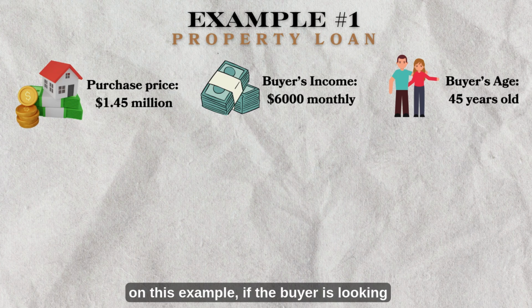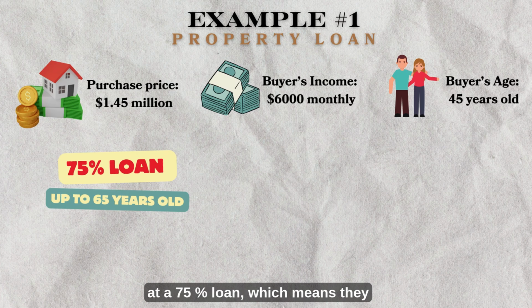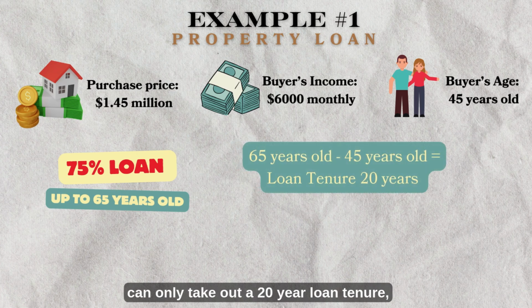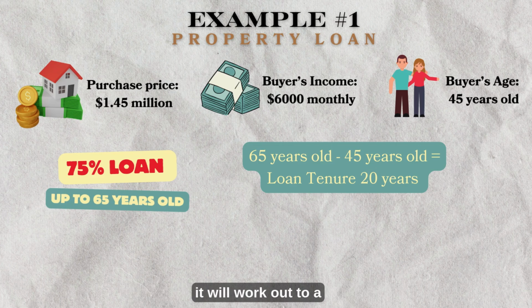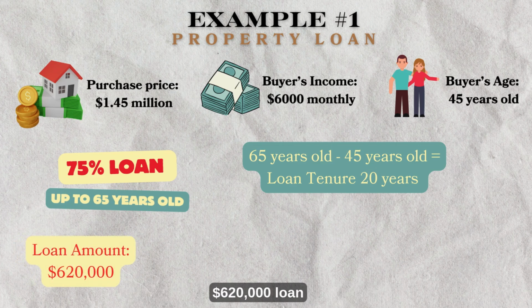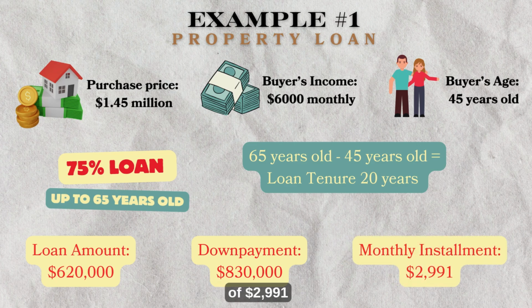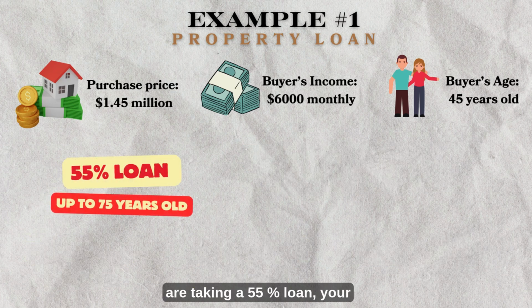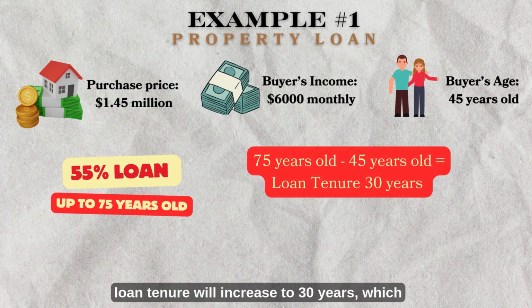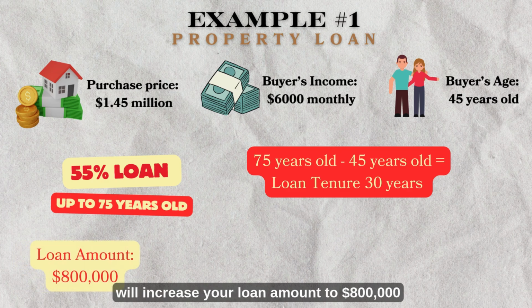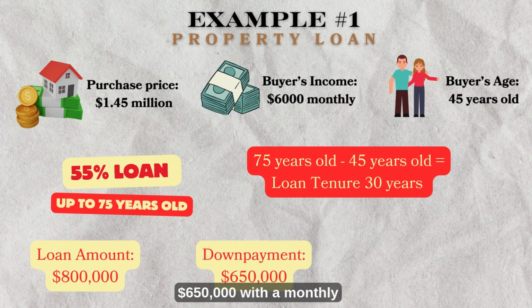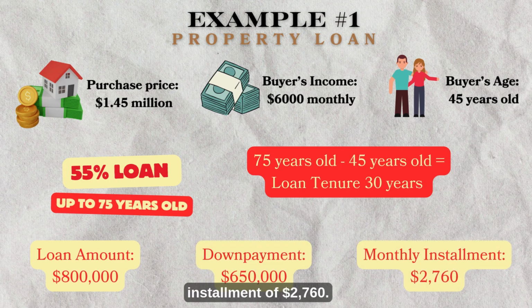Based on this example, if the buyer is looking at a 75% loan, which means they can only take out a 20-year loan tenure, it will work out to a $620,000 loan and a down payment of $830,000 with an installment of $2,991 a month. But whereas if you are taking a 55% loan, your loan tenure will increase to 30 years, which will increase your loan amount to $800,000, and your down payment is $650,000 with a monthly installment of